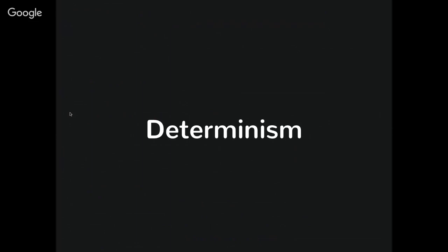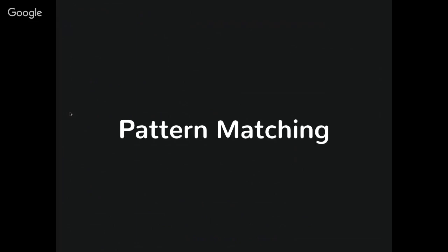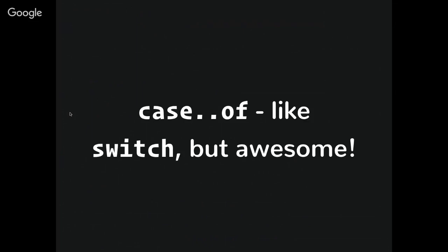So that way you don't have things sitting out there like switch statements, which might have a default clause, they might not have a default clause, or you can pass in any variable type to a function and anything could happen. Elm wants to be sure the things that are occurring are the things you intend to be happening. And this is done in pattern matching. So it's pretty much like a switch statement, but awesome.